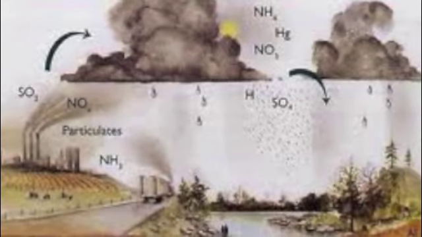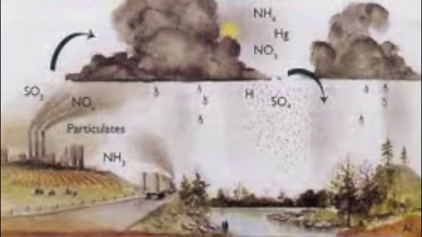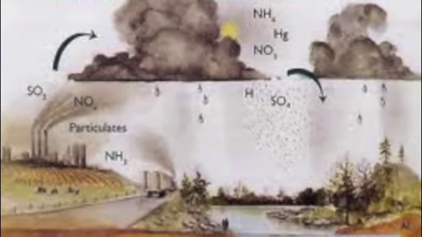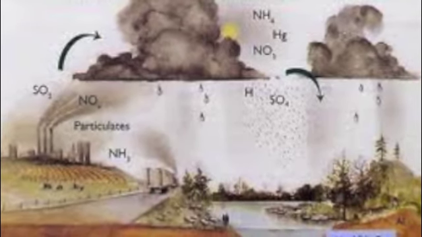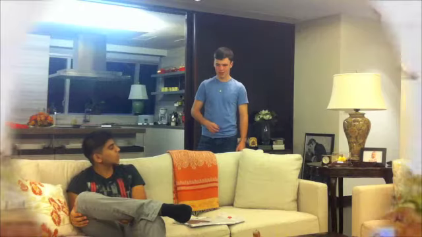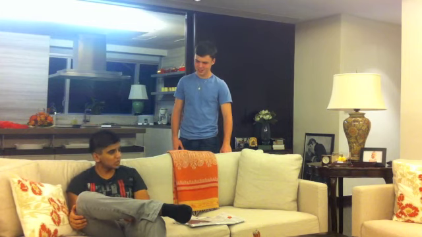Sulfuric and sulfurous acid make up close to 75% of wet acidic deposition. Sulfur dioxide is combined with water to yield sulfurous acid. Sulfur trioxide, also abundant, combines with water to yield sulfuric acid, which is a much stronger acid. So all I have to do is mix sulfur dioxide with water to create acid rain? Pretty much.